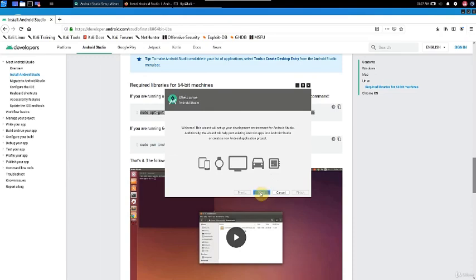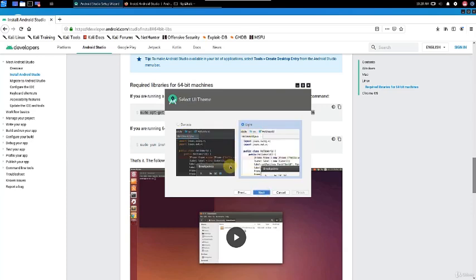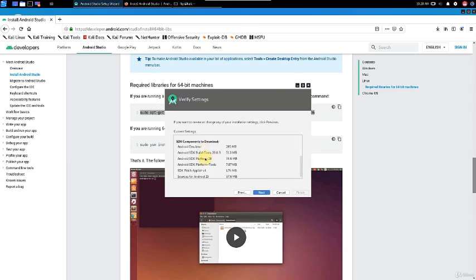Next up is to install the SDK Manager. The wizard will guide you through the initial setup first. Just choose your UI theme. Next. Review the settings. Make sure the JDK location is correct. Don't worry about this too much. You can change it at a later stage. Actually, here it will download the latest SDK version automatically. So it will go to Google servers and see what version is available.